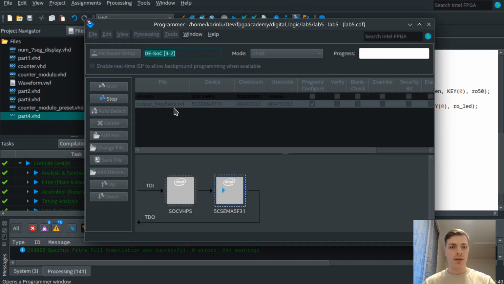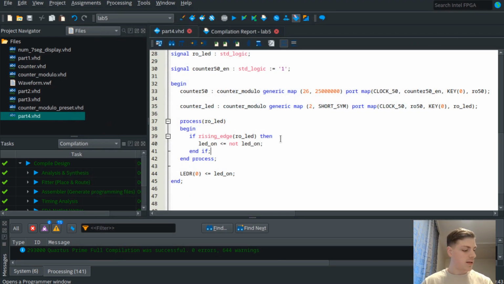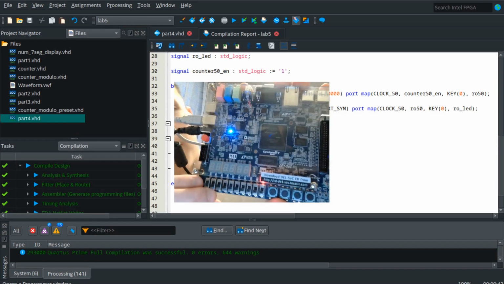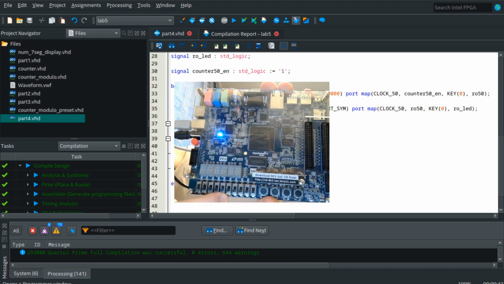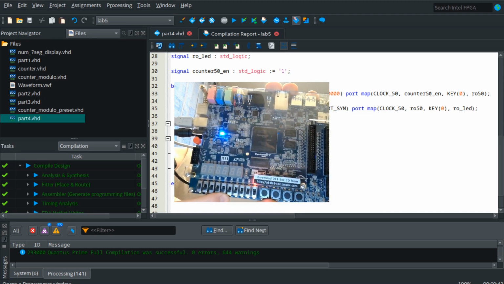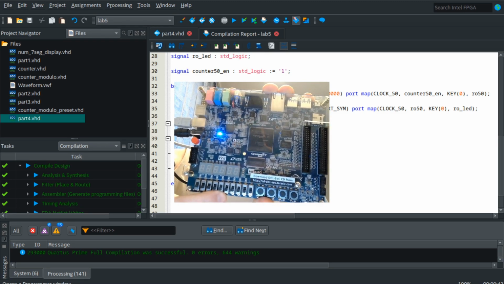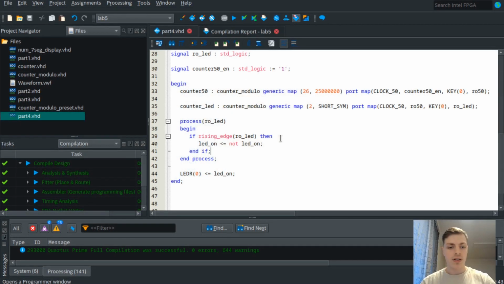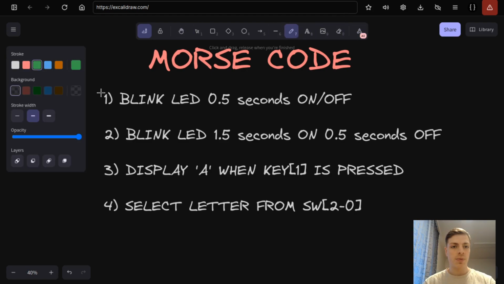Let's start. And you can see that the light changes every half a second. So half a second it's on, half a second it's off. And you can see, so we have finished step 1. So step 1 is done, and let's look at